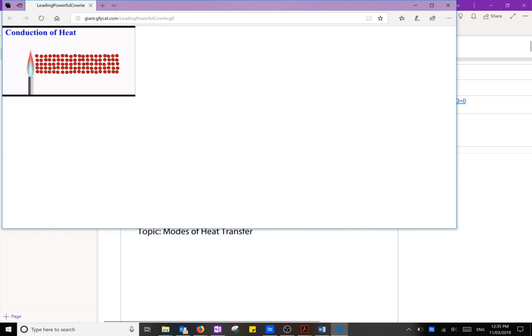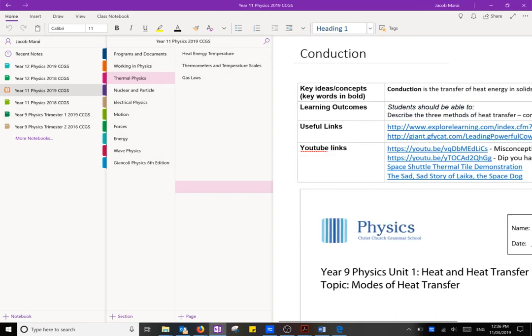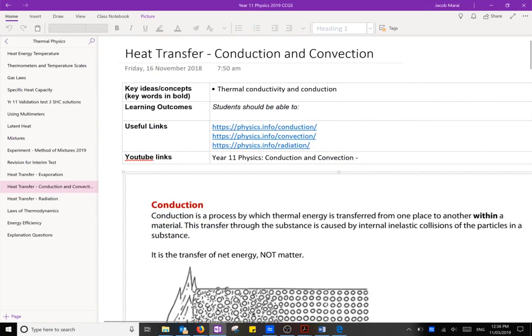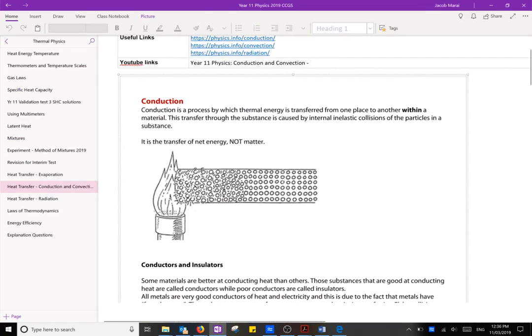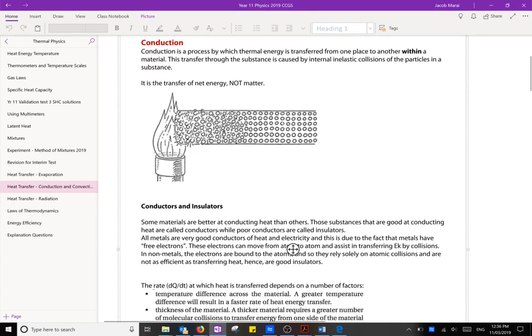What do we call that temperature? Equilibrium. So this will continue happening for as long as there is a difference in temperature. There will be a net transfer of heat. Okay? So, back to our booklets. What are we going to write? On my little diagram, heat transfer, conduction. Where's my pen? There it is. Okay, so